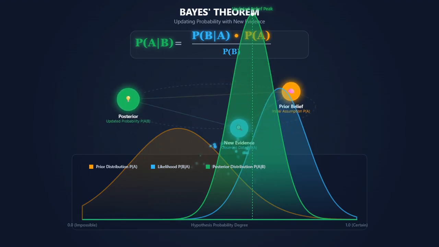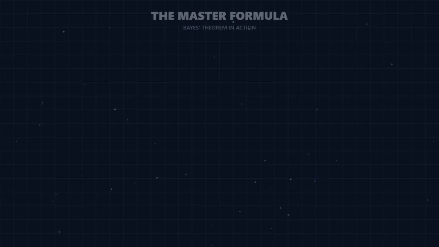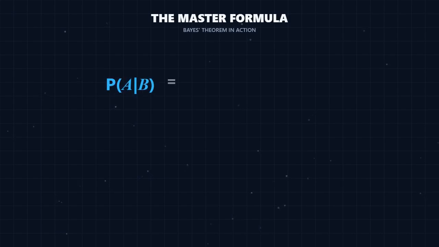Imagine you are looking at the weather. The probability of rain on any random day might be low. But what if we know it is extremely cloudy? The probability of rain, given that it is cloudy, is much higher. This simple shift in perspective, updating our beliefs based on new evidence, is the bedrock of Bayesian statistics and the entire naive Bayes classifier. Now, let's look at the crown jewel of probability theory, Bayes' theorem.